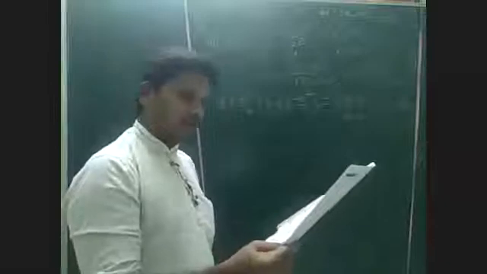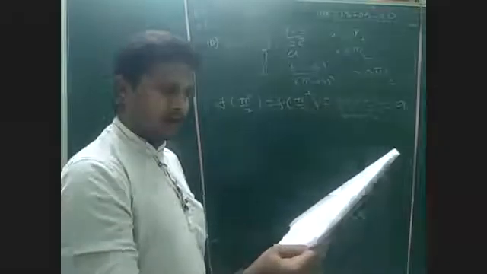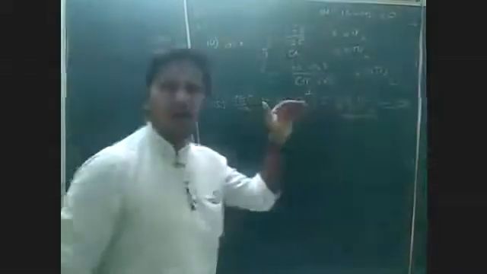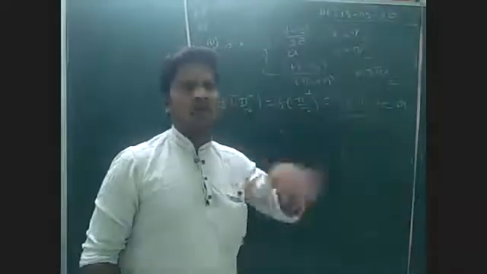Whether a equals 1 by 2, or b equals 5, or a equals 1, or b equals minus something. It is very easy. If we get any one of the values right, there is no need to find the other value. For example, I need to find this, and I want to simplify it.